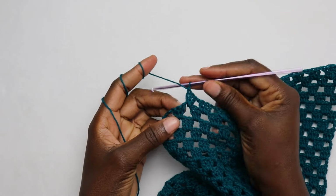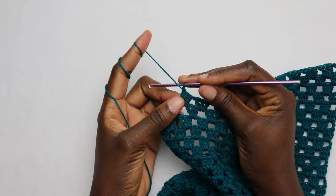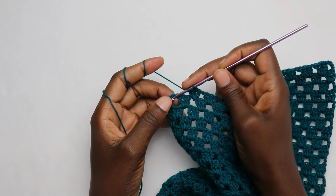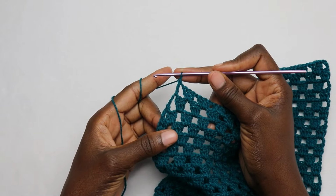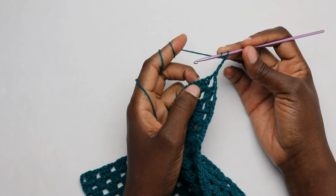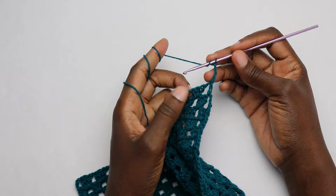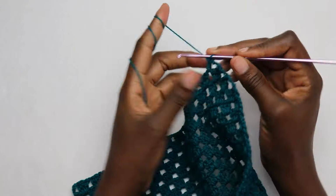So when you reach the end of your row and you have the last cluster and the last chain 3 remaining, you're going to chain 1, and then in this space you're going to work a double crochet, then chain 3, turn your work, skip the first space and the next cluster, then work 3 double crochets in this space, not cluster,